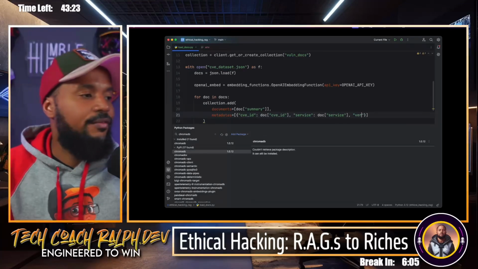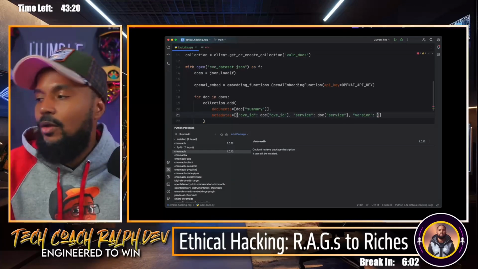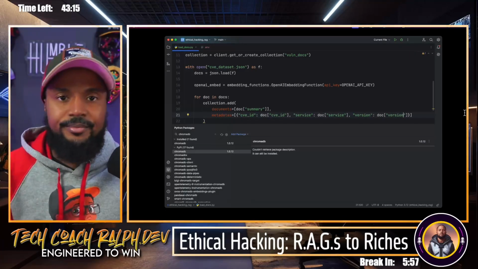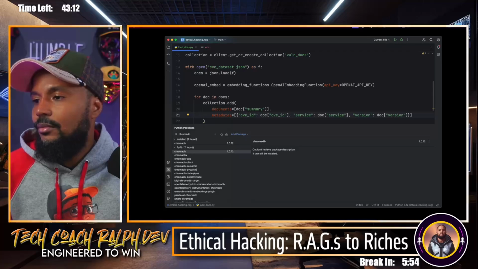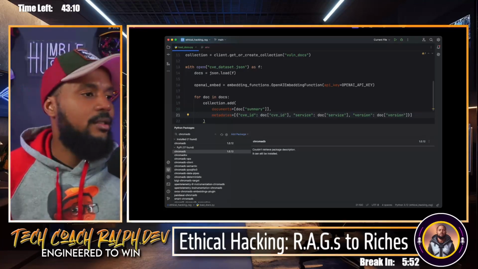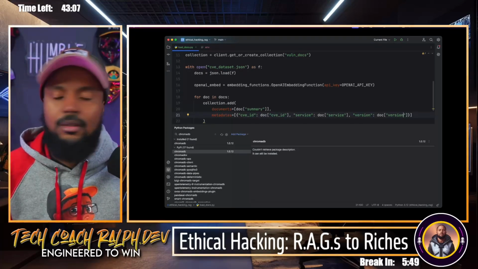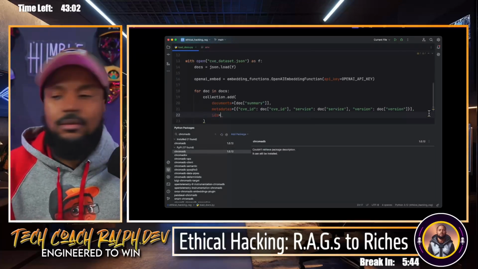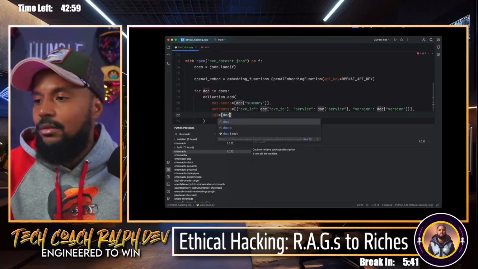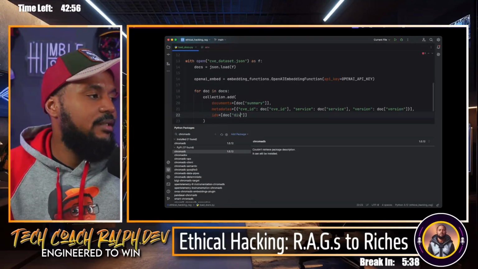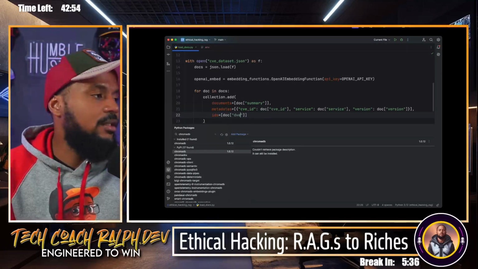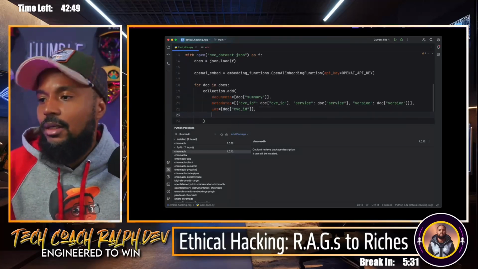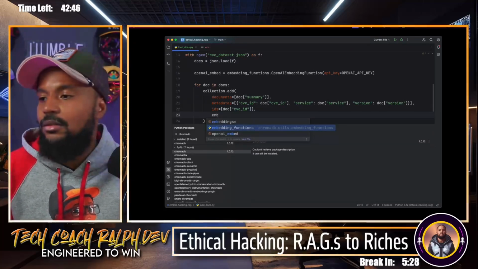And then we're going to say version colon doc version. All right, and then we have that. Next up, we have ids, which would be doc. And we're going to assign the IDs to be the doc CVE ID. And then, comma, embedding function